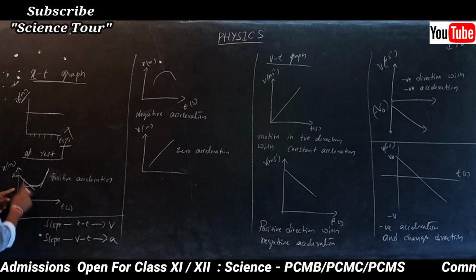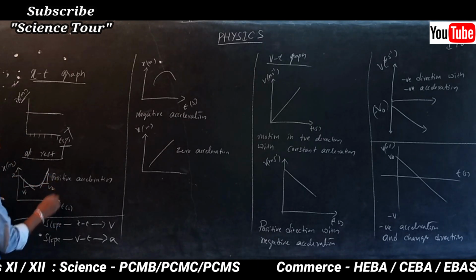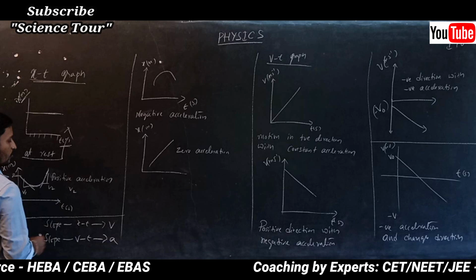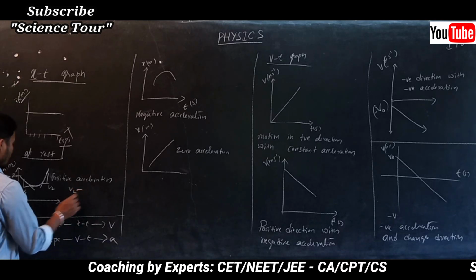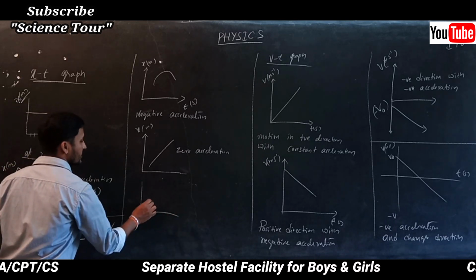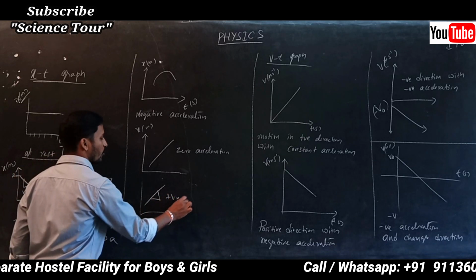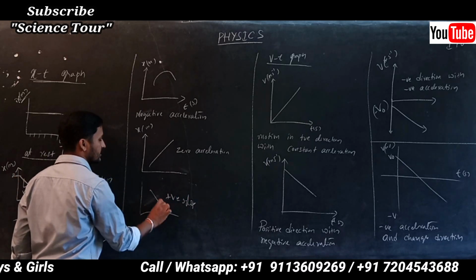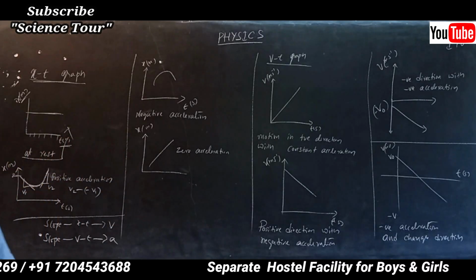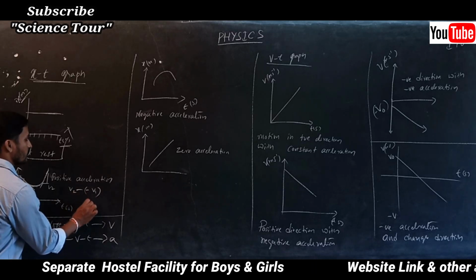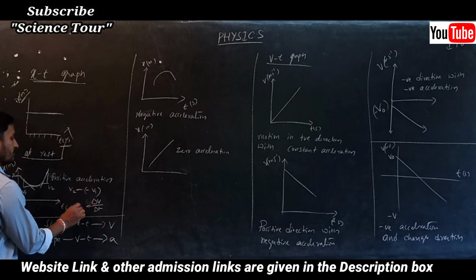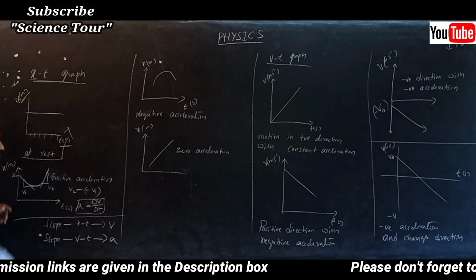This is v1, the slope gives it. The next slope is nothing but v2. But what is the acceleration? That is v2 minus v1. This line means positive slope, and this line means negative slope. So what are you going to get? Here it is a positive delta v, and after that you get delta t. So delta v by delta t gives positive acceleration.